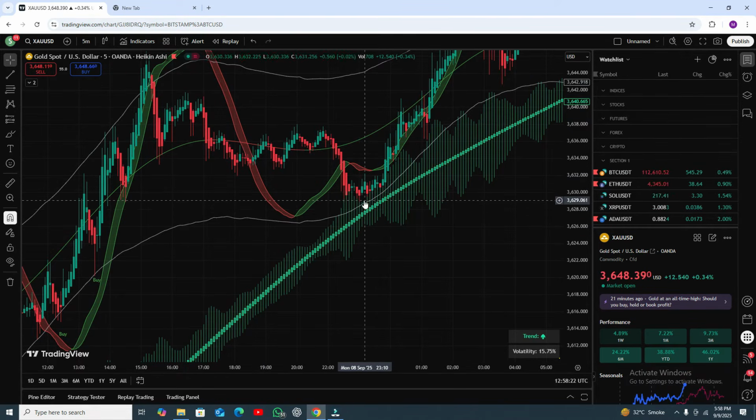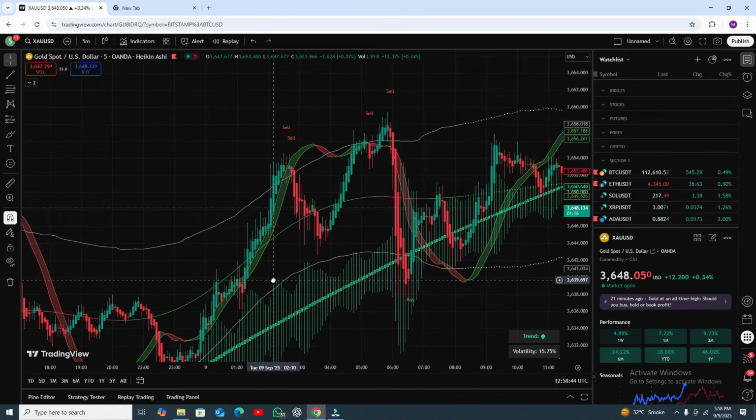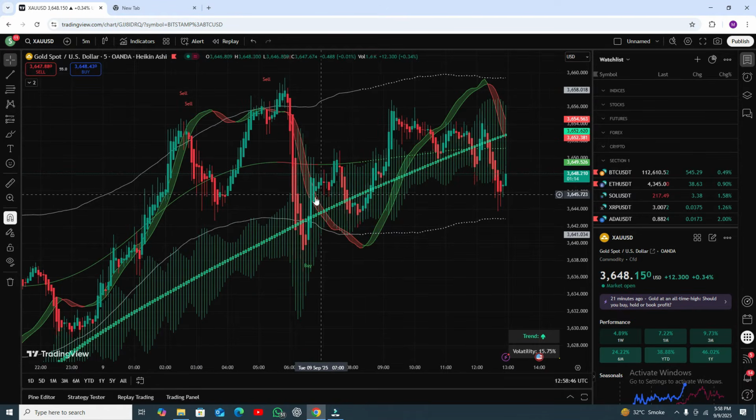But at this point, when the candle is very close to the lower band line, and after touching the cloud, the candle closes upside of the cloud and the RSI is there, open your buy position, put your stop loss here, and then you can see the results. Here you can see another one. You can open your buy position because this candle is closing upside of the cloud and the RSI is there. You can open your buy position, put your stop loss, and you can see that it's going amazing so far.